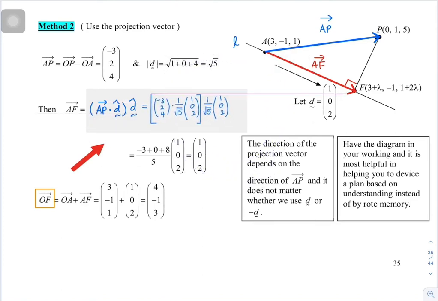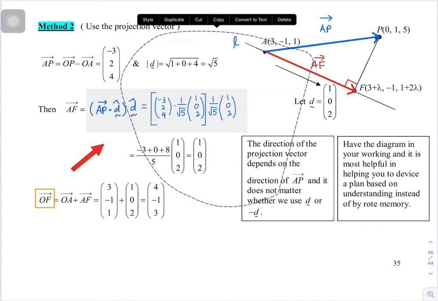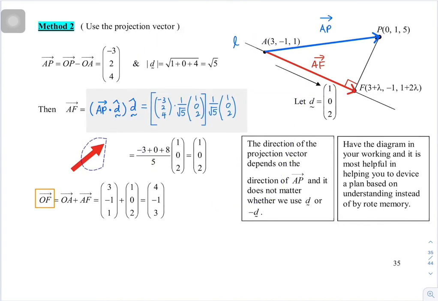Right, so to complete the expression, we substitute in all the necessary details. So AP, the vector, is given by the column vector (-3, 2, 4). The unit vector D is basically the vector (1, 0, 2) divided by the magnitude. With that, we can evaluate the vector AF. So based on this,